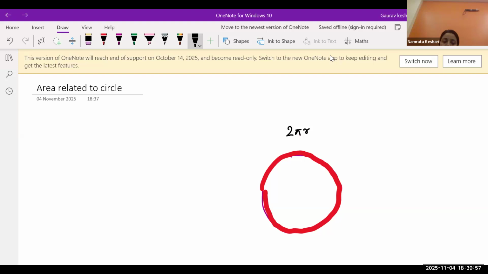Yes, ma'am. Okay, however, if you have to find a specific arc's length, suppose you don't have to find the length of the complete arc. You just want to find this much. What is the length of this arc? So again, you can use the same formula. This 2 pi r you can use over here. And just like the area of the sector, the formula for length of arc,